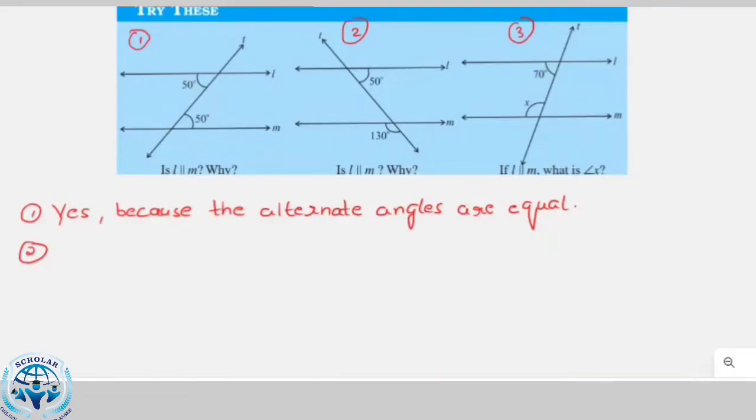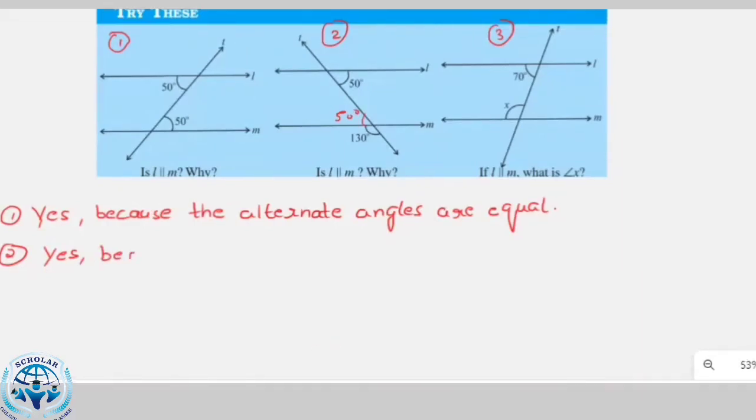In the second one, the angle 130 degrees and the adjacent angle are supplementary. So this angle will be 50 degrees. 50 degrees is equal to 50 degrees, alternate angles are equal, that means L is parallel to M. So we will write yes, L is parallel to M because alternate angles are equal,